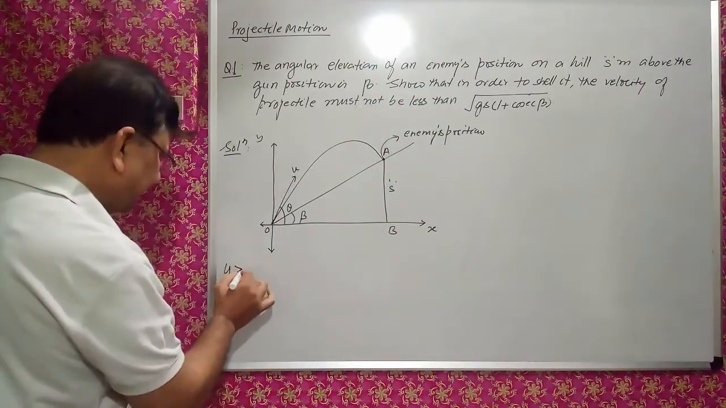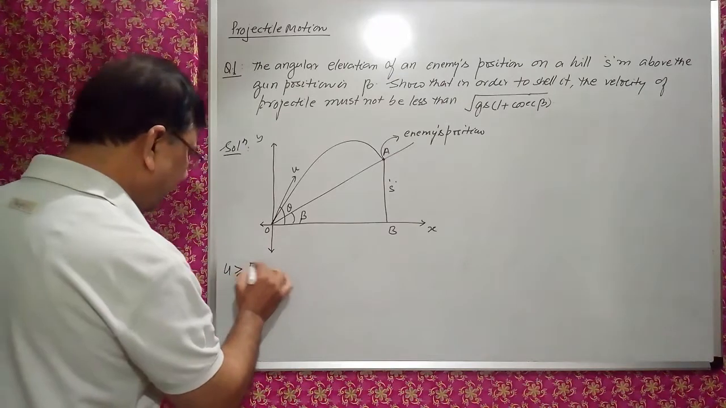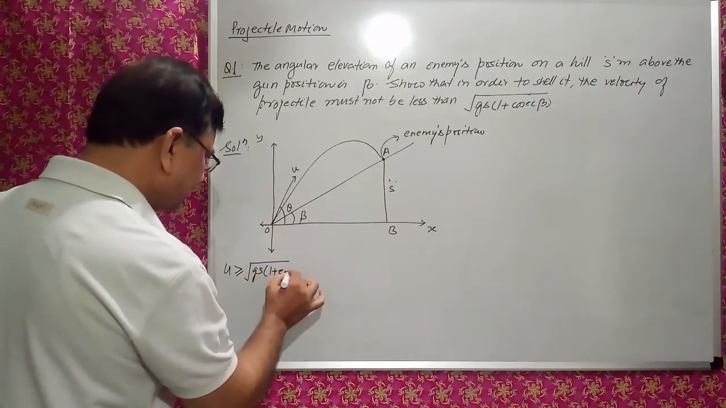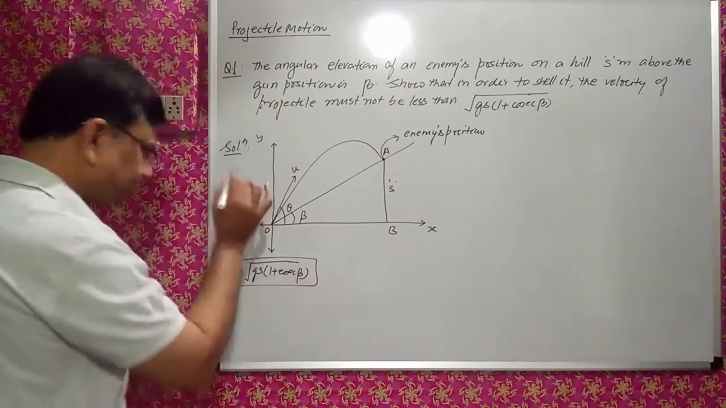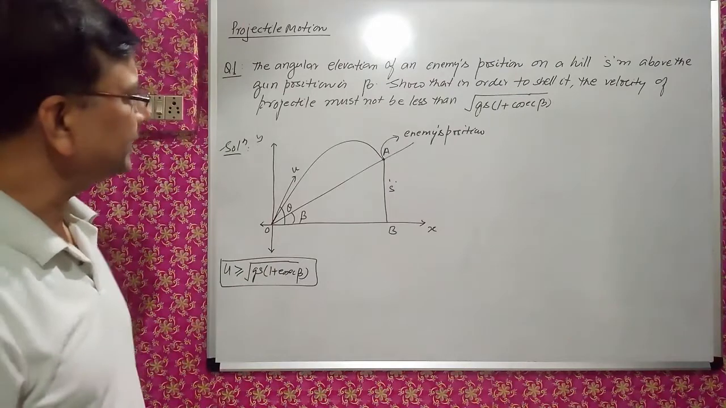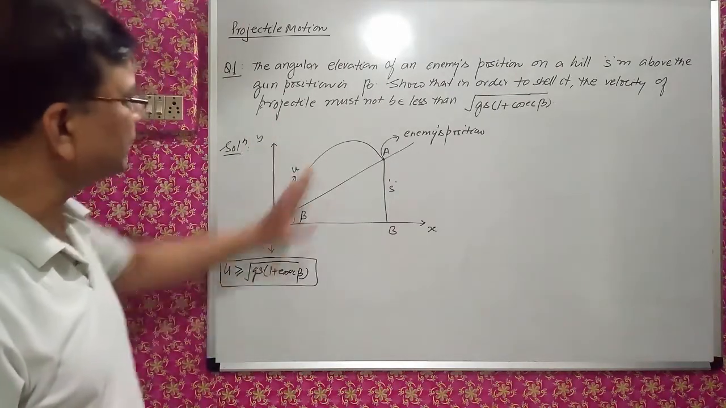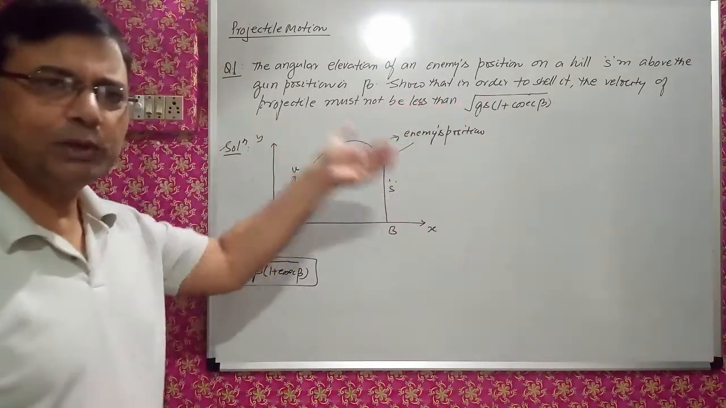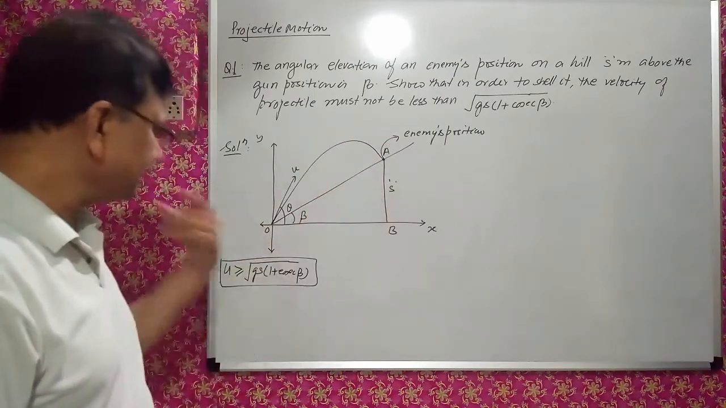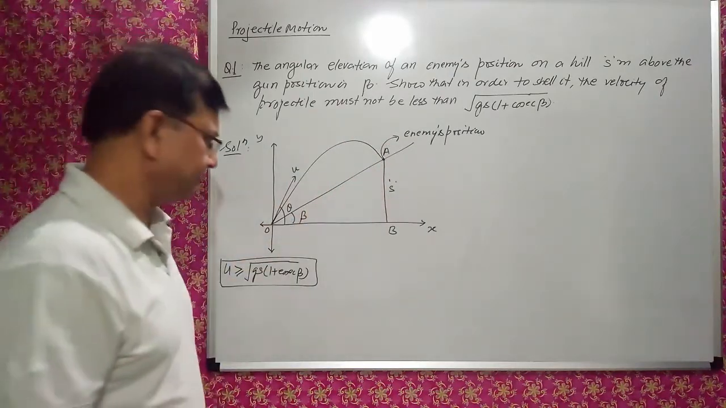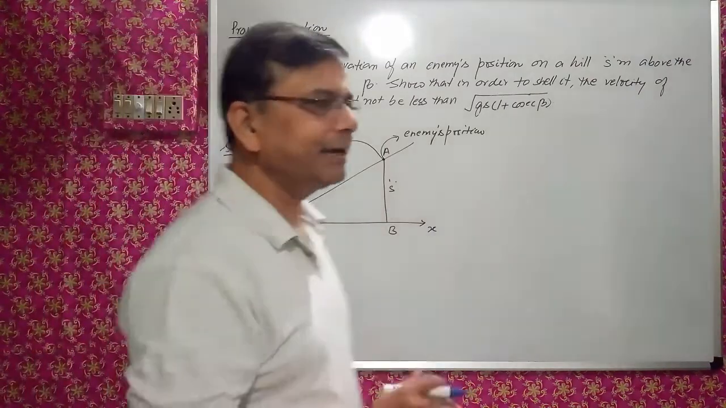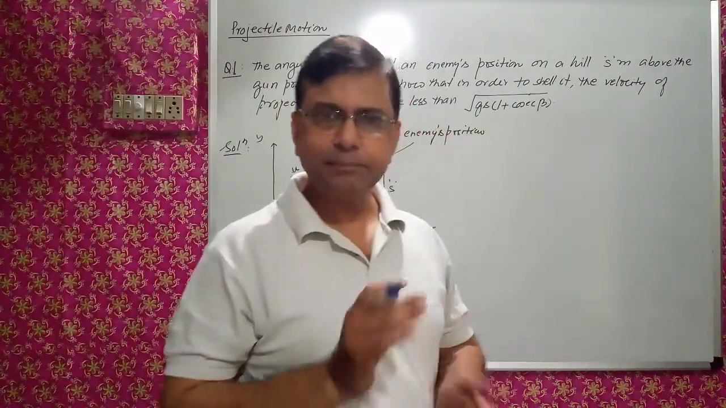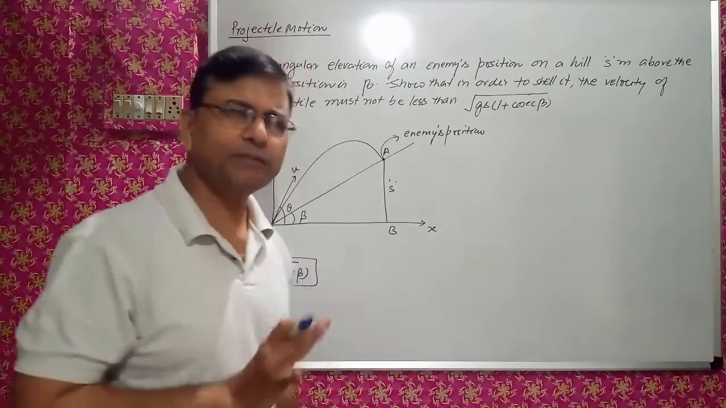u should be greater than or equal to under root gs(1 + cosec beta). This is to be proved. Means u should not be less than this. It should be equal to this or greater than this. So this is the condition we have to prove. So let's start. For any kind of problem in projectile motion, first of all, what we are supposed to do,